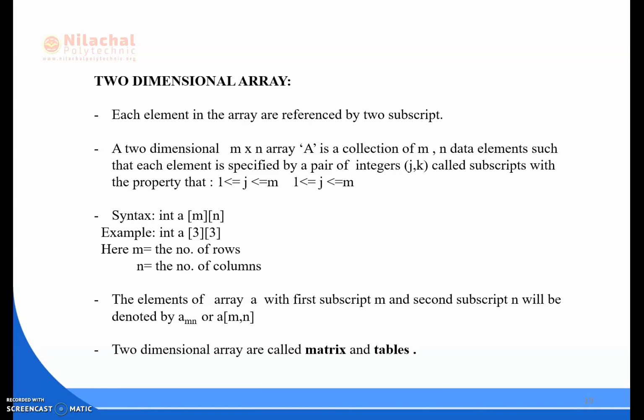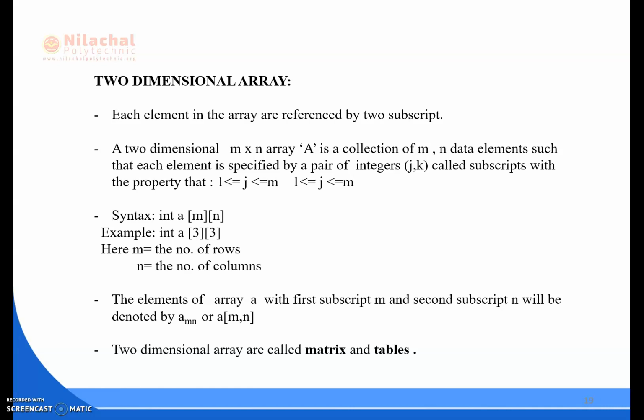So the property is that j is greater than or equal to 1 but less than or equal to the total number of rows, that is m, whereas k is greater than or equal to 1 and less than or equal to n, the number of columns.